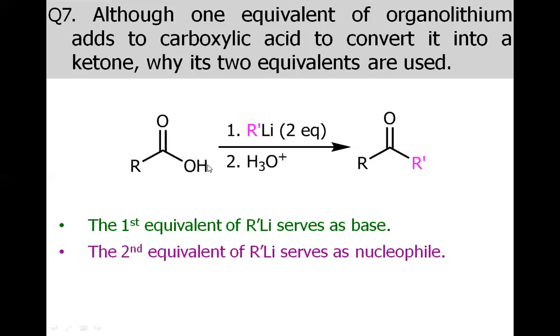We cannot bypass this H and make this RLi attack the carbonyl in the presence of OH. If there is OH present, that is the carboxylic acid, the first step must be the acid-base reaction. There is no way to have the entry of this RLi to this carbonyl in the presence of OH. And if you don't want this OH to be deprotonated, you will have to replace this OH with something else, such as an ester or anything else. Otherwise, you will have to see the acid-base reaction first, and then the second equivalent will go to the carbonyl and have the ketone formed.